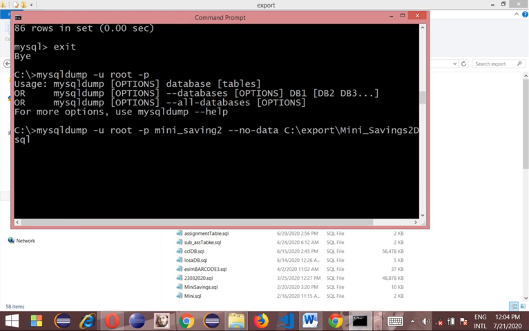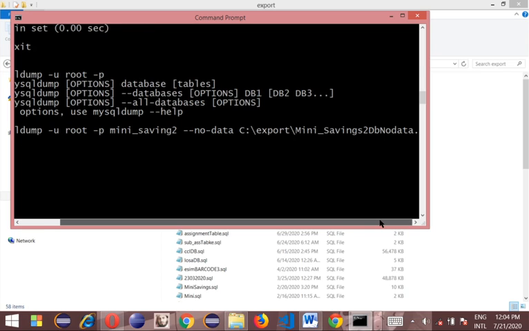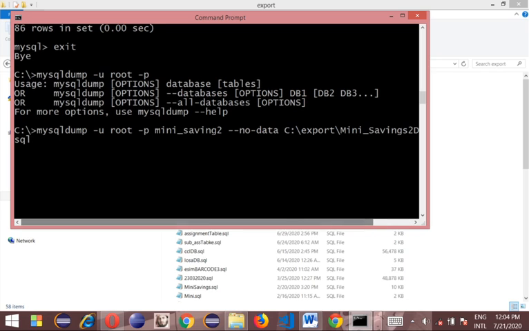Then you give it an extension because it's going to be in form of a file, .sql or anything you think is compatible with the framework you're working with. But .sql is a general one. It will work with all frameworks. Please. Then I'll press enter.